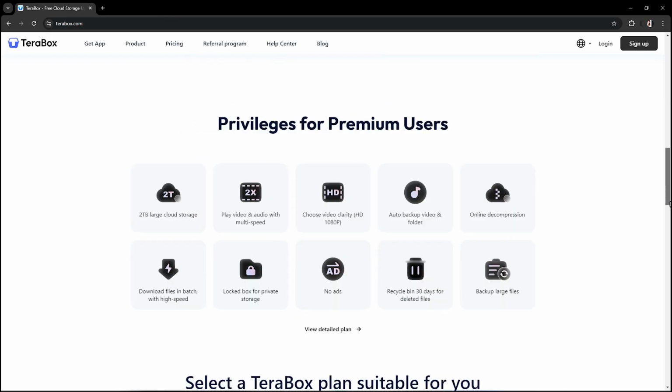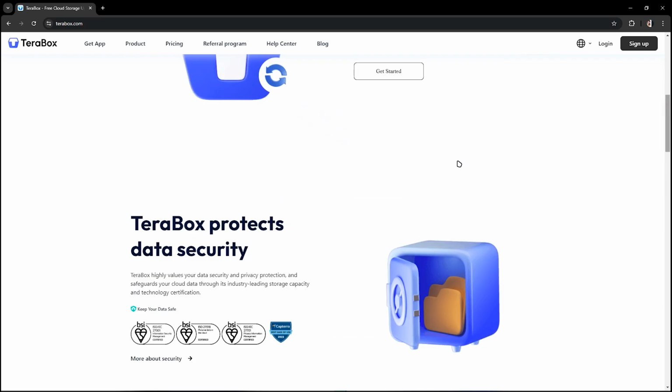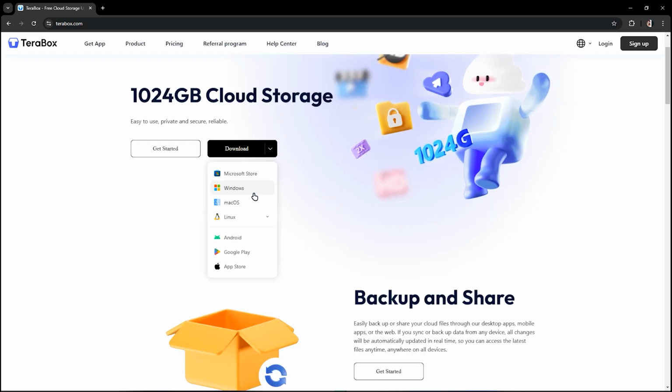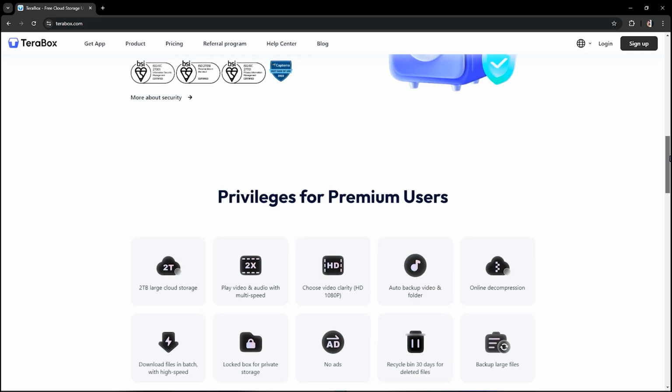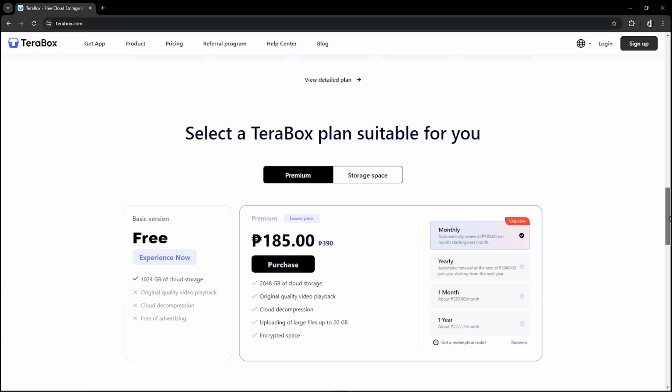You just have to clear cache on your Windows app and make sure your Windows app is up to date. And also, if you are on a cell phone, make sure you clear cache too, or you could also uninstall and install again, and make sure you have extra space, or make sure that your app or your application is up to date, because that would cause the buffering problems in your Terabox.